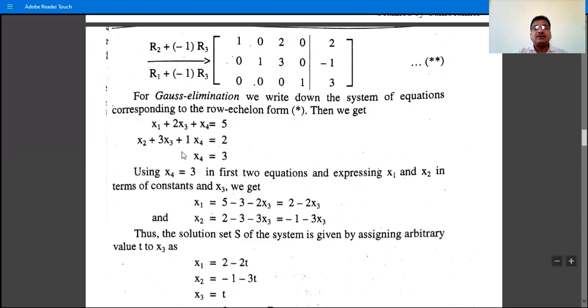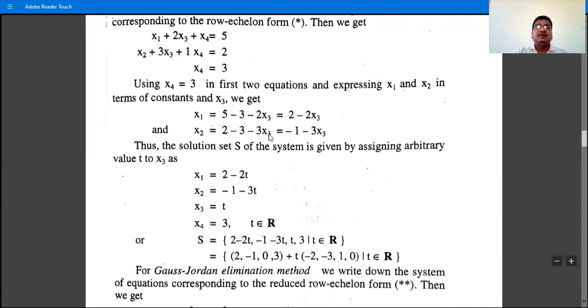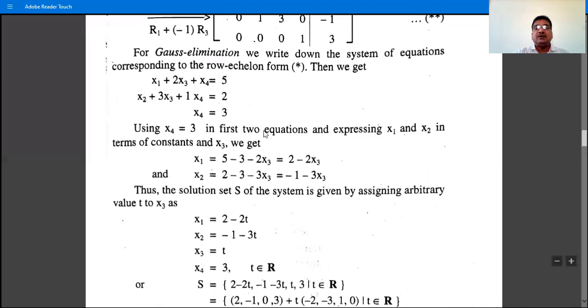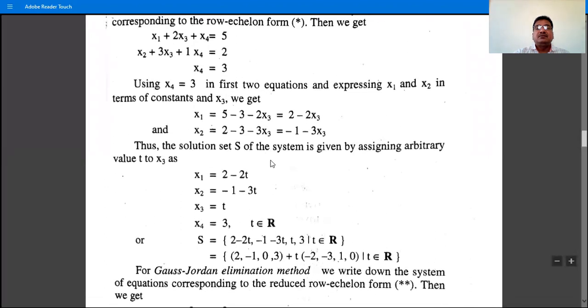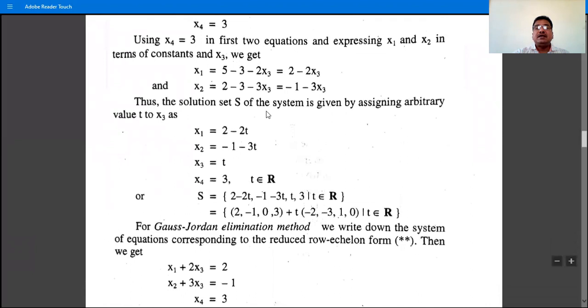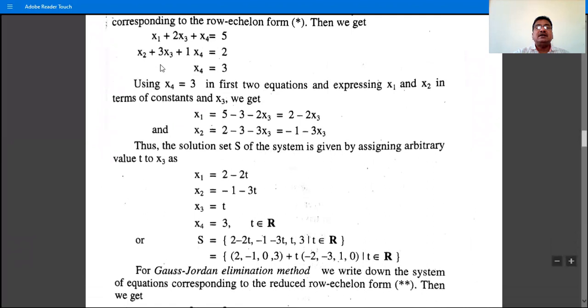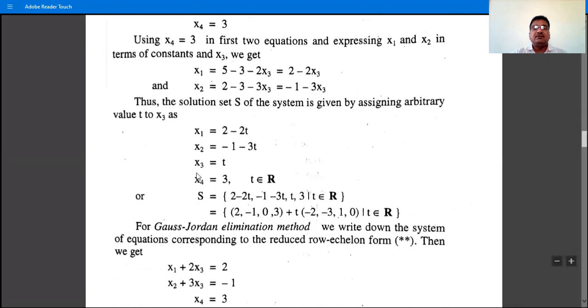So the last equation gives x4 is equal to 3. Therefore, we have to assign either x1, x2, or x3. So we assign one of them. Suppose x3 is t. Then if we assign x3 as t, this equation gives x2 as minus 1 minus 3t, and x3 is t. So x4 is already 3. So if we take x3 as t, and then by using these 3 equations by substitution, we have x1,